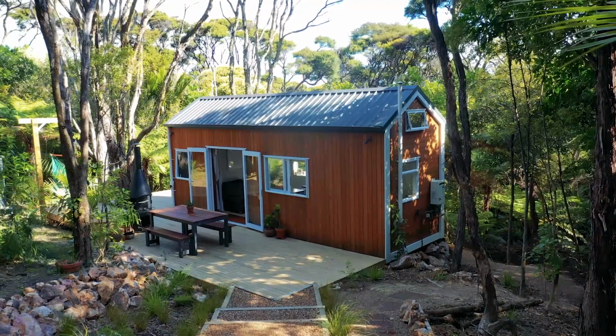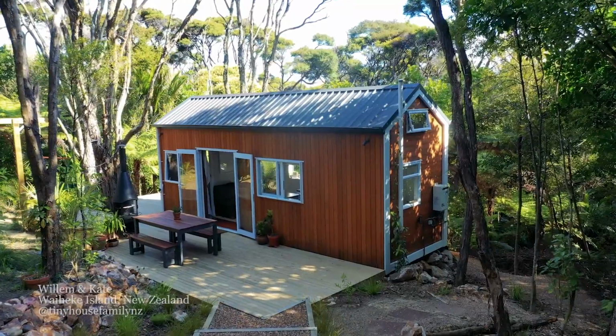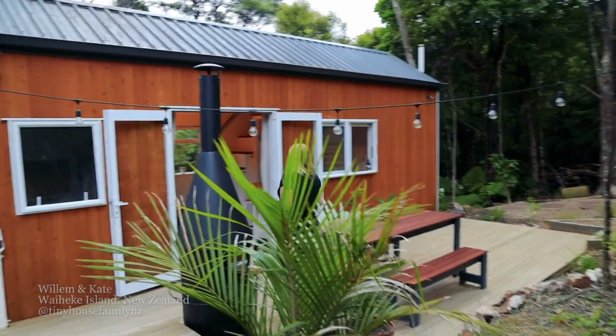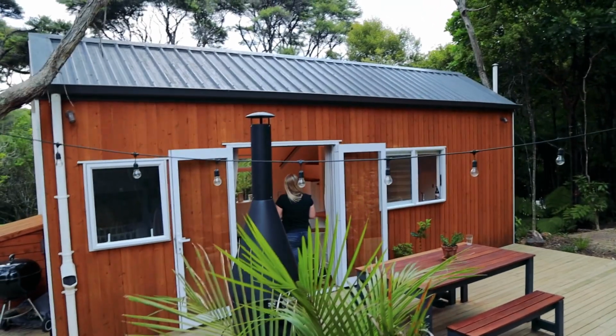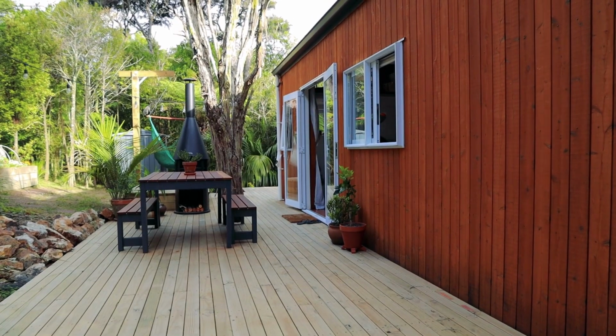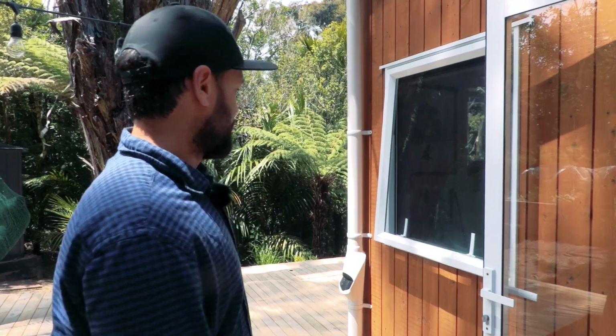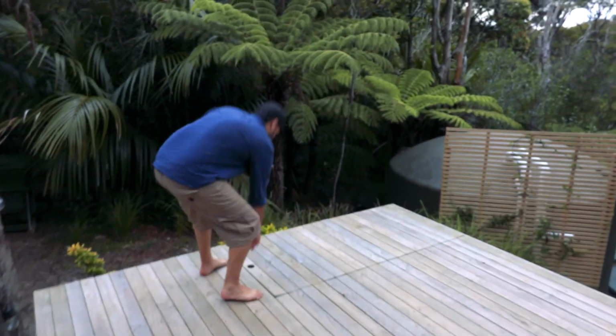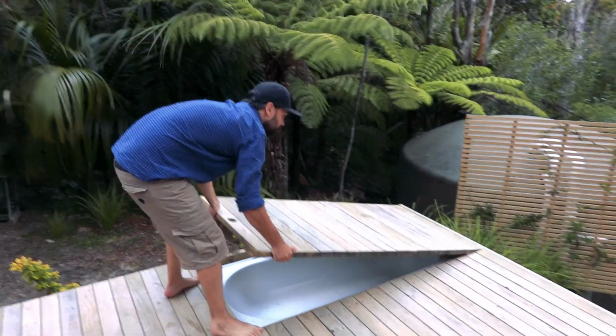Now, we all enjoy a bath, and even though it's possible, tiny homes aren't always the easiest spaces to fit a full-sized bathtub. So we love Willem and Kate's idea of fitting their bathtub under the deck of their tiny home on their spectacular Waiheke Island property. We decided to put an outdoor bath in as well. So, yeah, one thing we wanted in the house that we couldn't fit, so if you can't fit it inside,